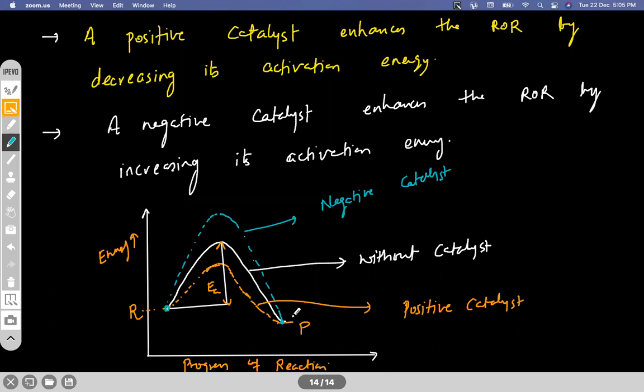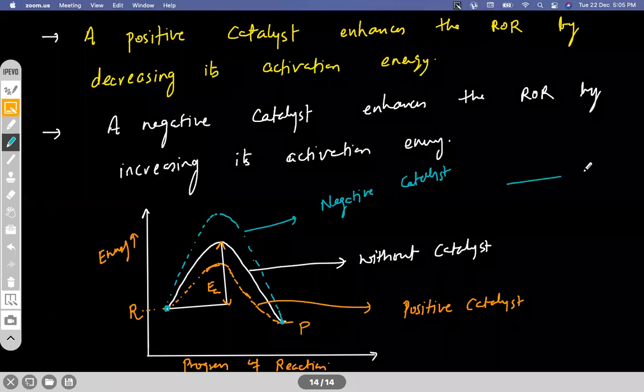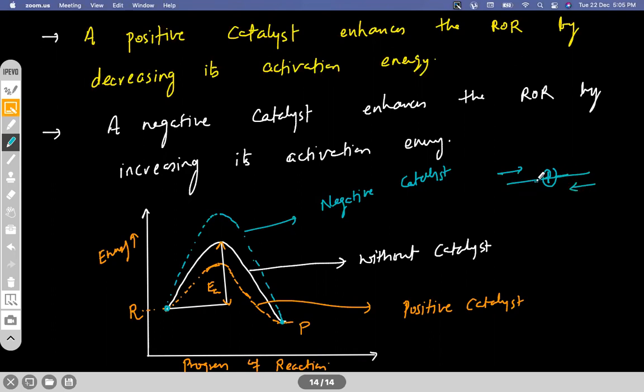So the product is the same. The equilibrium state won't change. Like I said, if the equilibrium state is here without catalyst, it will be here only in the presence of catalyst. It won't shift here and there. But the rate at which the equilibrium is attained will be different depending upon the nature of the catalyst. Okay, so these are the 4-5 different cases we have to understand the change in the equilibrium state.